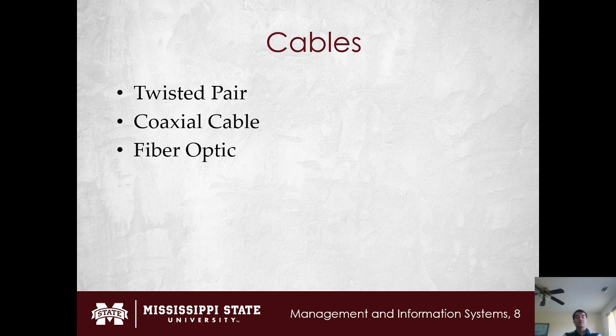Whereas twisted pair and coaxial are going to send it via electrical signal, which of course is going to be subject to a little bit more degradation as it goes. But again, that's not to say that it will always be. So there's a lot of differences in the individual cable specification that you're using. So again, fiber optic does have other advantages as well. Because it's not using any sort of electrical signal, it's using a light signal instead. It has lower latency, and it also is not subject to